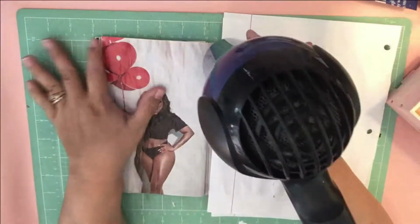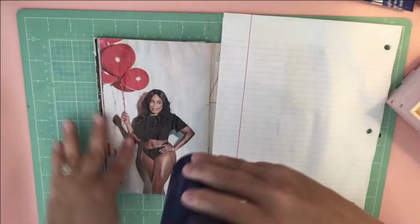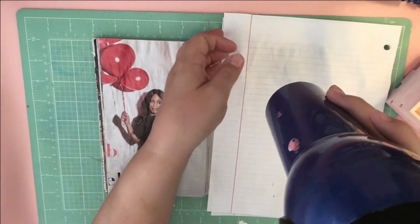But that's okay because I fix it. I always fix my mistakes. I don't ever just chuck a...